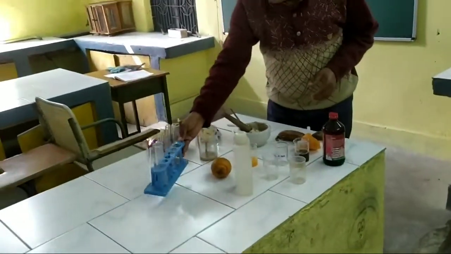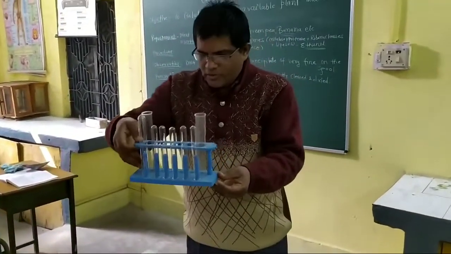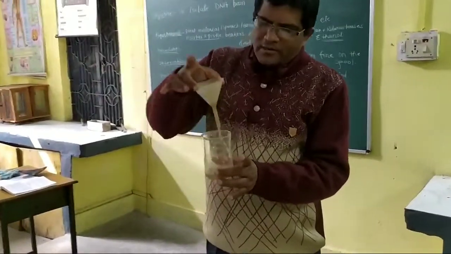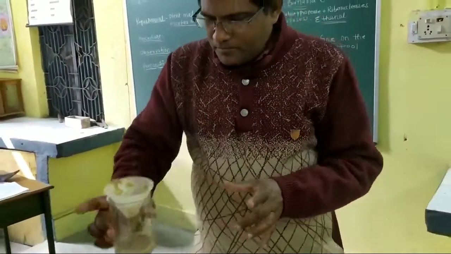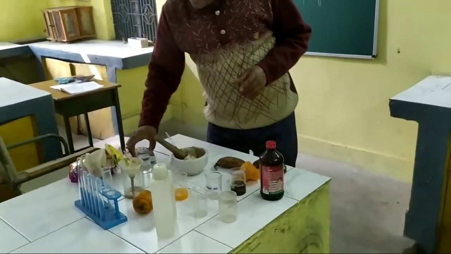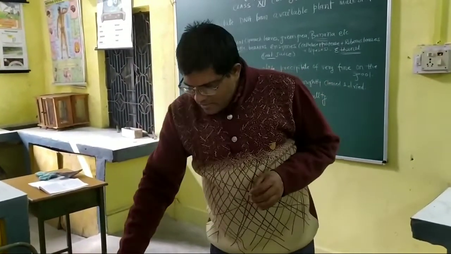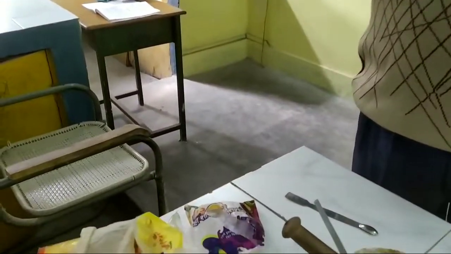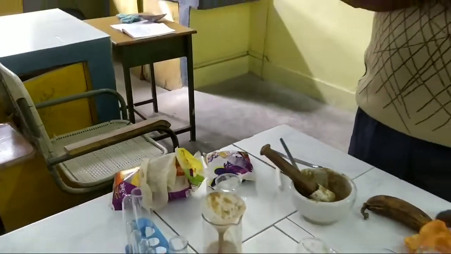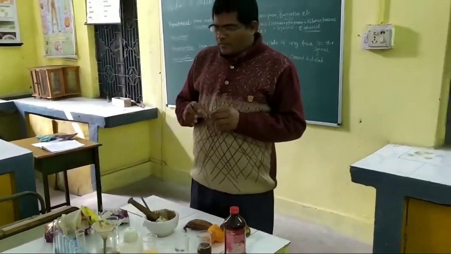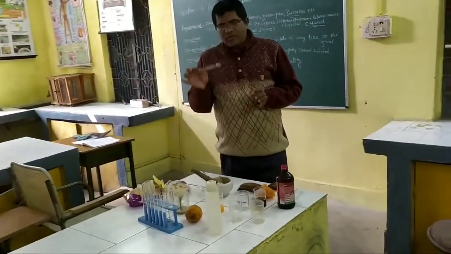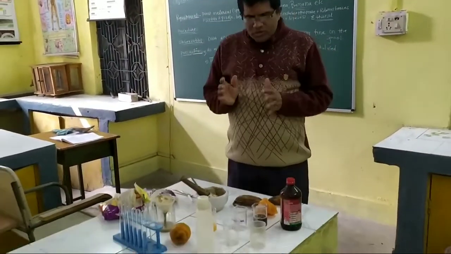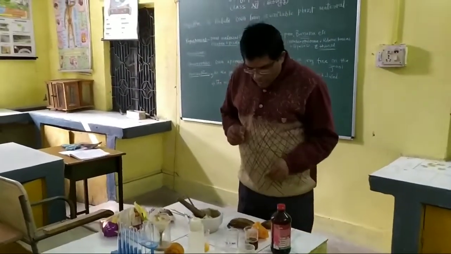Then test tubes. We have sets of test tubes. Then this is the funnel and beaker. Except this, we have water in the beaker, and we have some amount of salt as well as detergent or soap, which can be used for easy isolation of the DNA. And this is the spatula. So all these are required. Now, what is the procedure? So we have to discuss the procedure now.